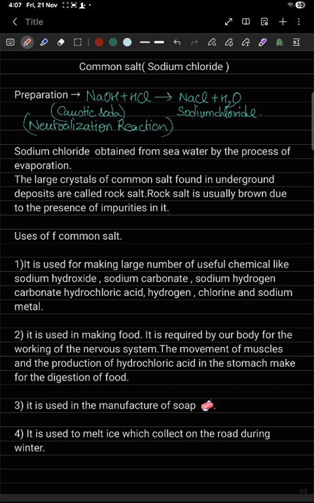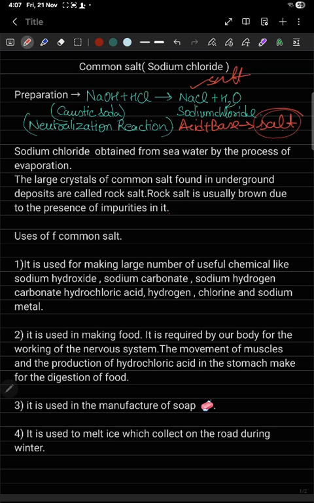First is NaOH when combined with HCl, that gives out a salt plus water. And this is called a neutralization. Why do we consider it as a neutralization reaction? Because we all know that when acid reacts with base it gives you a salt, and this is considered as a neutralization reaction. That's why NaOH and HCl combine together, that gives us salt. So this is considered as a neutralization reaction.